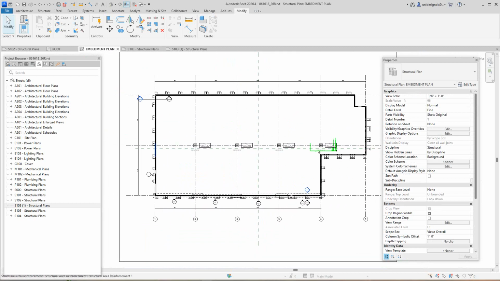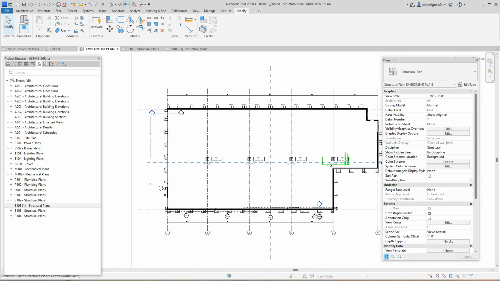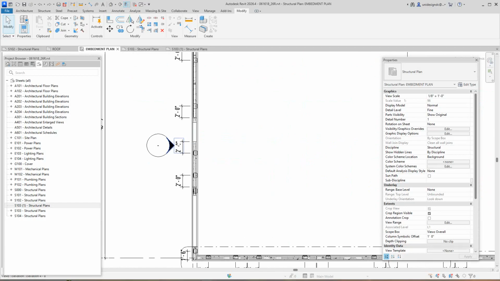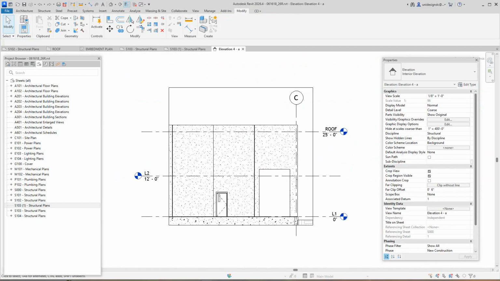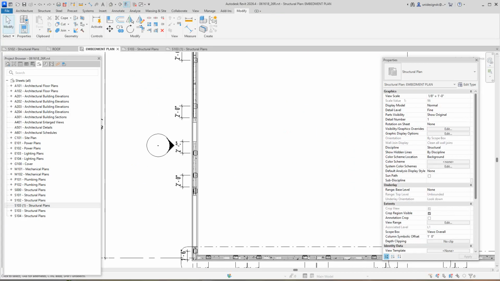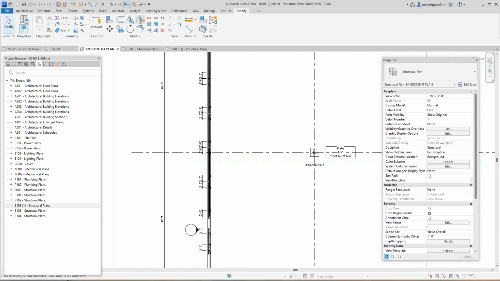So now on this west elevation, you got to tackle this a little differently, and I'm going to show you that here now. So I placed this elevation here, and I'll double click it, and that's kind of what we want to see. Then I'm going to place another one. I don't know, we can get away with one or two here, so I'm going to go here, and I'm going to place another